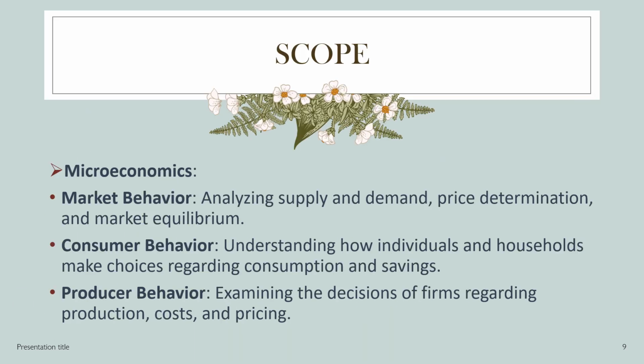So, our last topic is scope. Microeconomics. In this, we are having three kinds of subdivisions: market behavior, which is analyzing supply and demand, price determination and market equilibrium; consumer behavior, understanding how individuals and households make choices regarding consumption and savings; producer behavior, examining the decisions of firms regarding production, costs, and pricing;